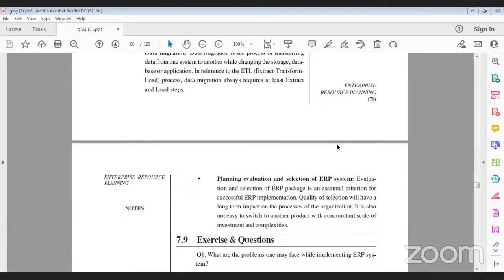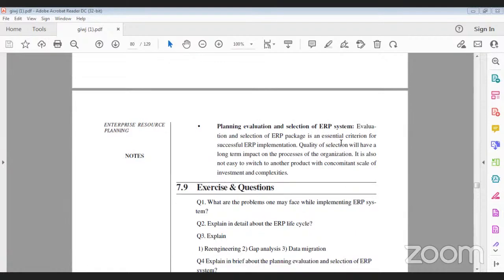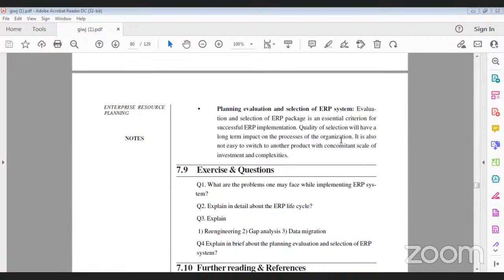There are some questions for you also. First, what are the problems one may face implementing an ERP system? Second, explain in detail the ERP life cycle. Third, explain re-engineering, gap analysis and data migration. Fourth, explain briefly the following: planning, evaluation, and selection of an ERP system. So in this way, you have to study each unit with its key concepts